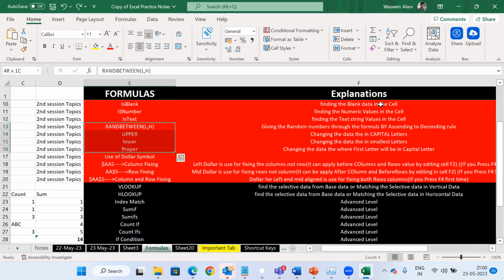Any question? These are just simple formulas, upper, lower, proper, and RANDBETWEEN, very easy. But here we need to focus on the dollar symbol. This is very critical. If you understand the logic of the dollar symbol, then all the formulas will be easy for you